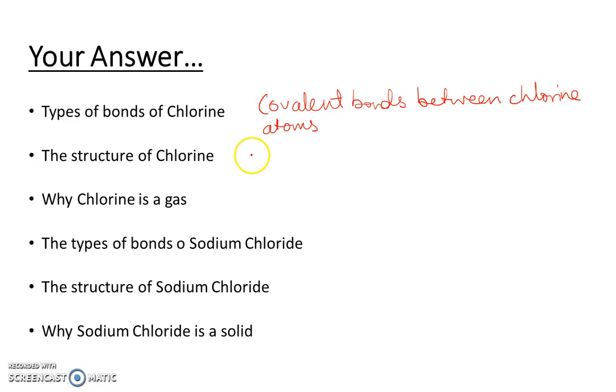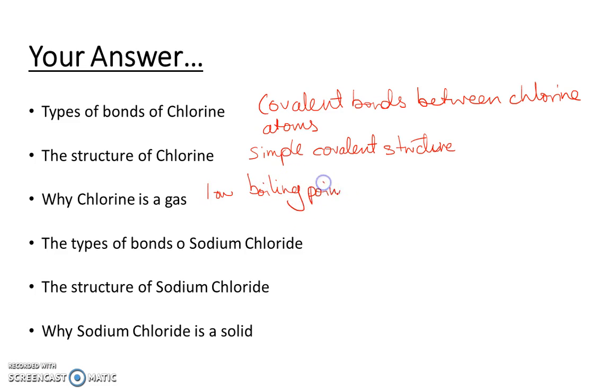So the structure of chlorine, remember you need to learn about 3 or 4 different types of structures. Chlorine, because it's only a diatomic molecule, is a simple covalent structure. And what we know about simple covalent molecules is they've got a very, very low melting point and very, very low boiling point. So thinking about that, why does that happen? Because that relates it to being a gas. So we can say it's got a low